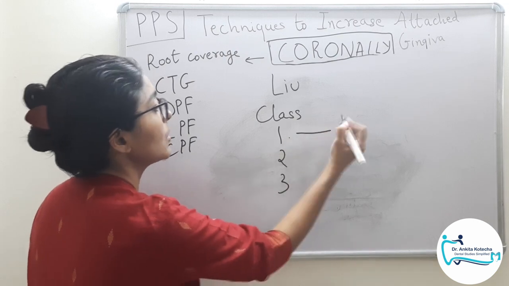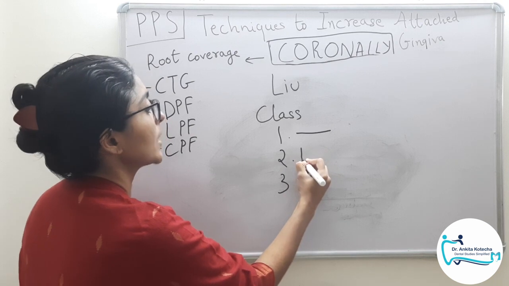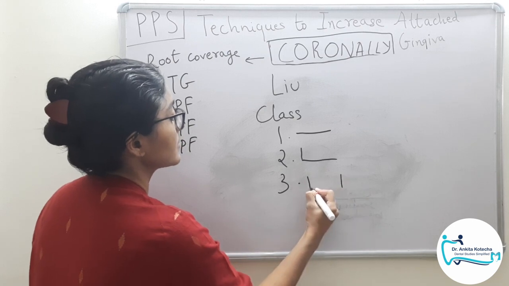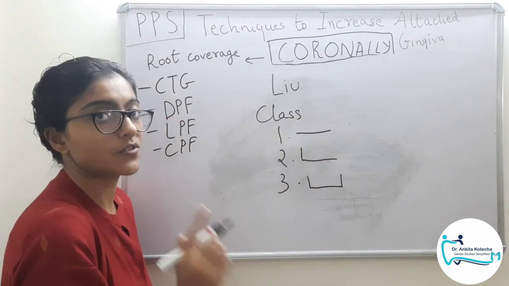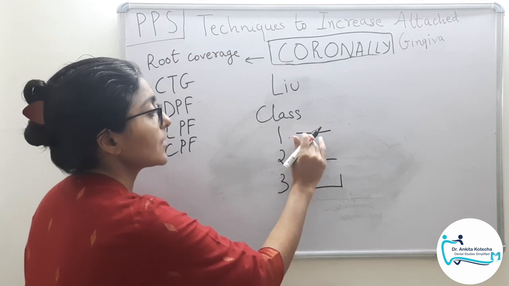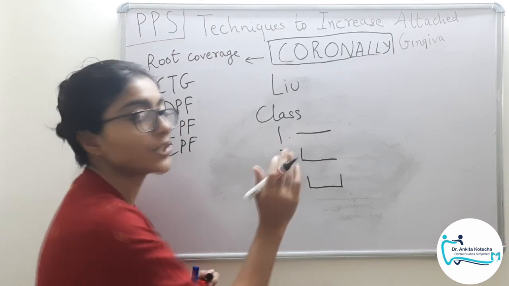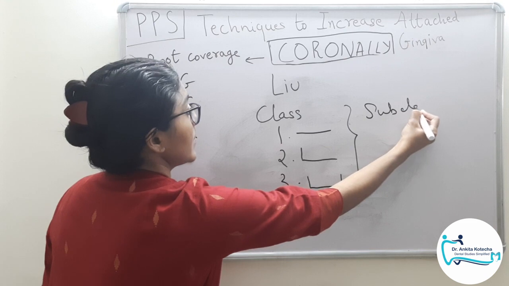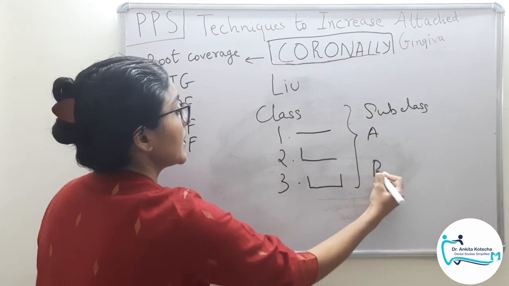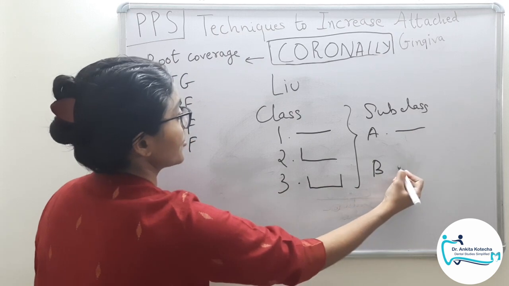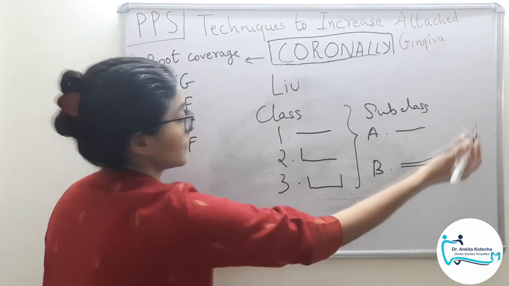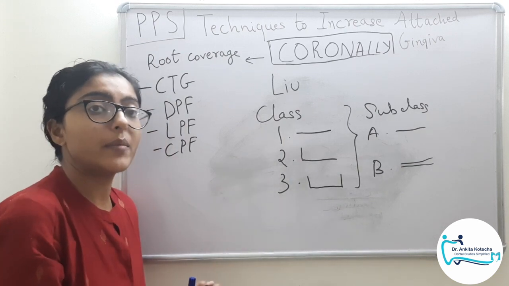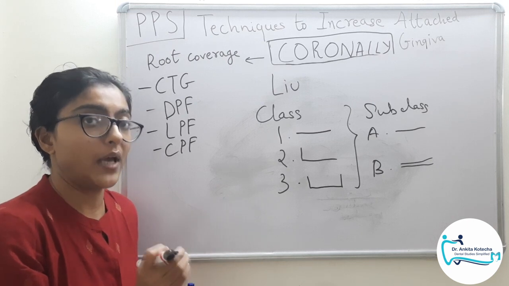Class 1 is a single horizontal incision, class 2 is one vertical and one horizontal incision, and class 3 is two vertical incisions followed by a single horizontal. So an I-shaped incision, L-shaped incision and U-shaped incision. Each class has a sub-classification, that is class A and B. A refers to a single horizontal incision every time and B refers to two horizontal incisions. So this is the set of incision designs that can be implemented during graft procurement from the palate,